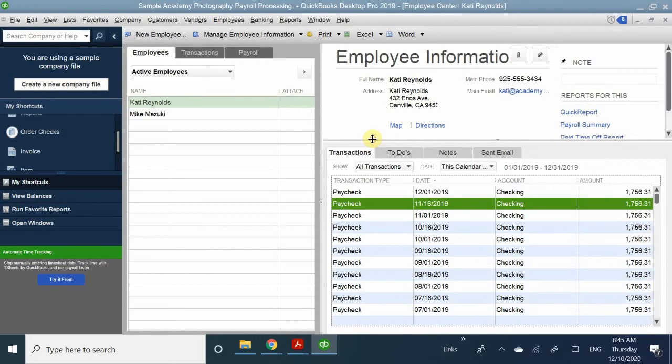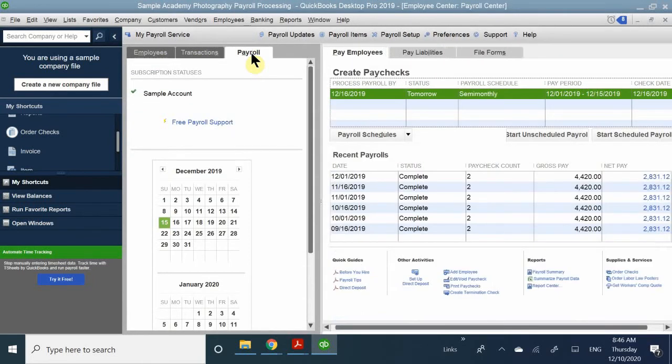Okay, so again, the employee center is pretty straightforward, looks identical to the vendor center and customer center. The only difference is that at the very top, when we didn't have our payroll services on, now you actually have the payroll center right up here. So you have your employees, your transactions you can do with them, and then you finally have your payroll option. Once we come here, you get a little nifty organizer. You have a little calendar that tells you what date you are on, as well as what pay period you are on. This is very helpful, especially when you're scheduling your payments and